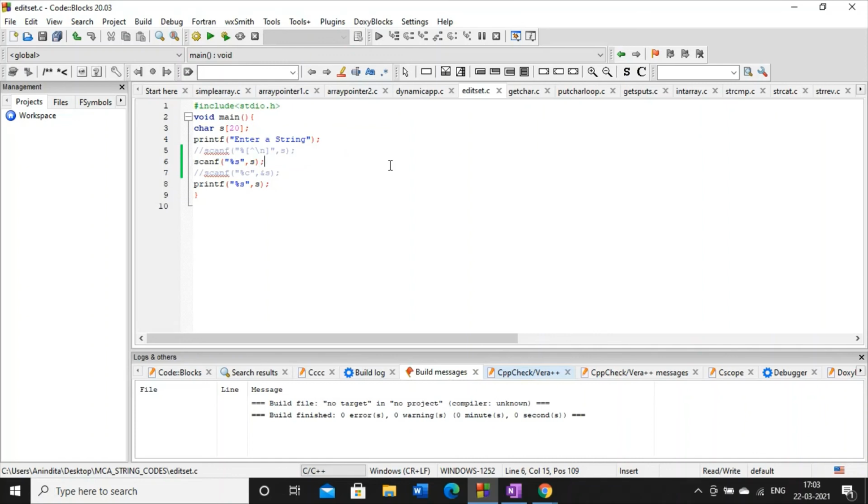Please try to understand. Next, how to use getchar. You just have to use the getchar function, and the getchar function will hold the value you take from the keyboard, and afterwards it will transfer that value into the variable c. But try to understand here, I have written int c. Okay, let me execute this code first, then I will discuss one interesting point.